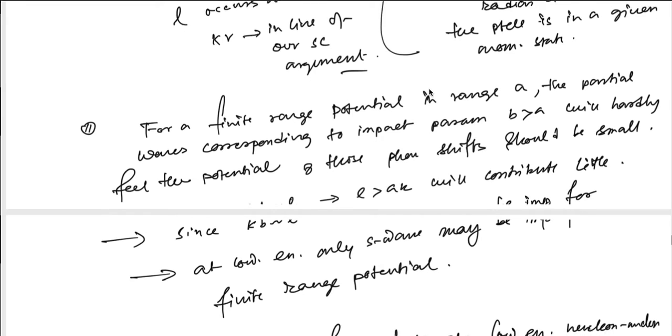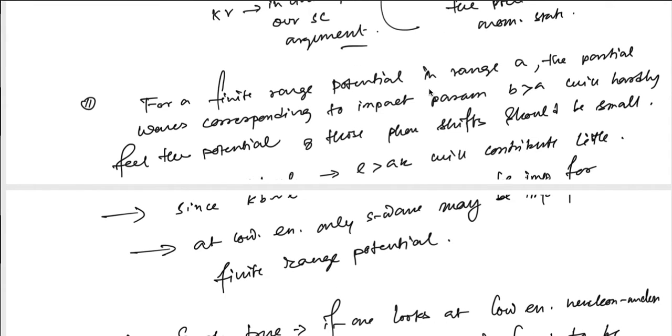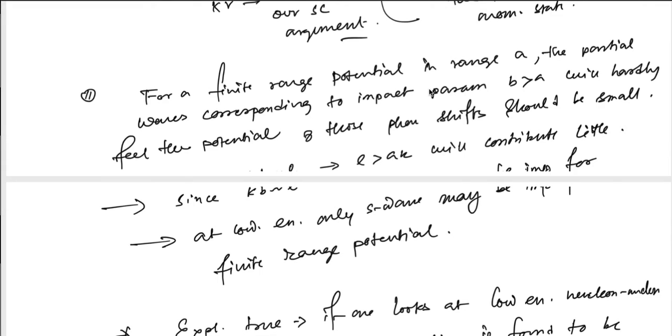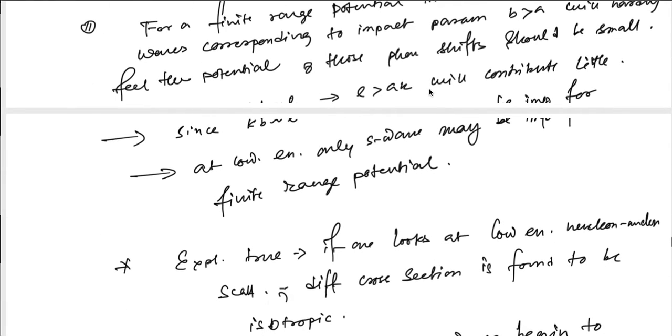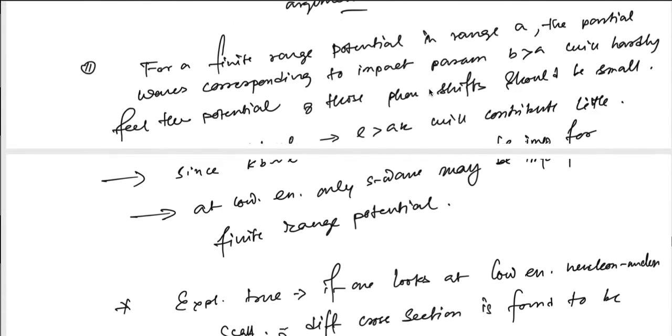So this physical picture tells us, this S wave name comes from the hydrogen atom literature or spectroscopy literature, where we associate angular momentum L equal to 0 with S wave, L equal to 1 with P wave and all that. So mainly what I am trying to say is, in a soft scattering or low momentum, low energy scattering, this picture suggests that the partial wave whose peak, whose probability to find it, is closest to the scatterer will be the most important, will have the maximum contribution in the scattering cross section.